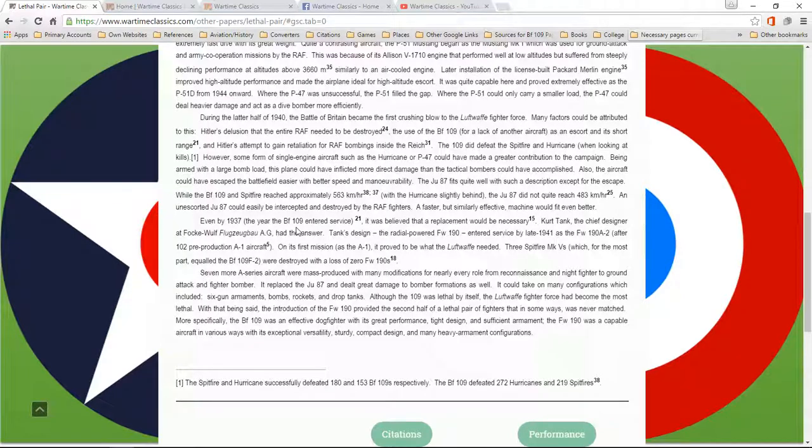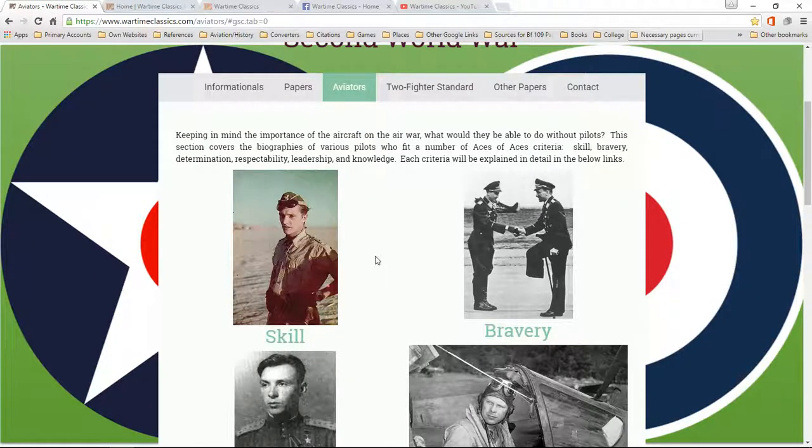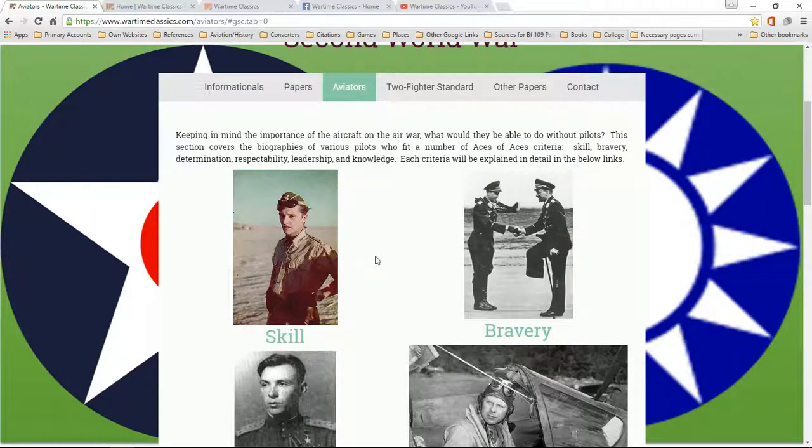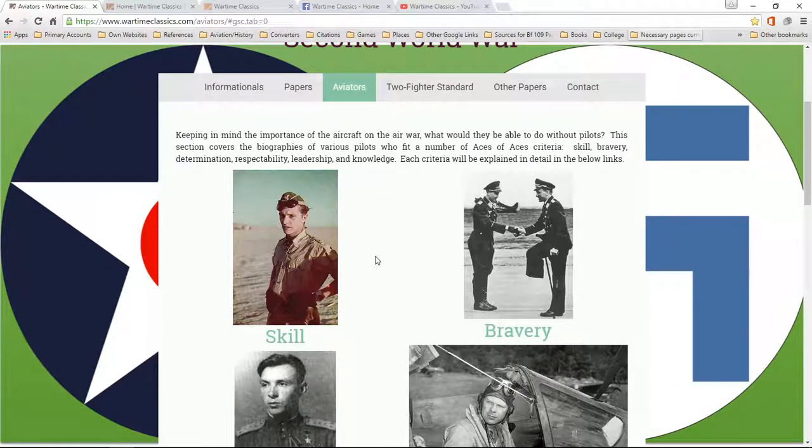The next section we're going to cover is the aviators, or aces of aces, if you want to call it that. So this section has 6 different categories to determine an ace of aces. The first one is skill. This is essentially just the tactical ability of the pilot in combat. The second one is bravery. This one is more